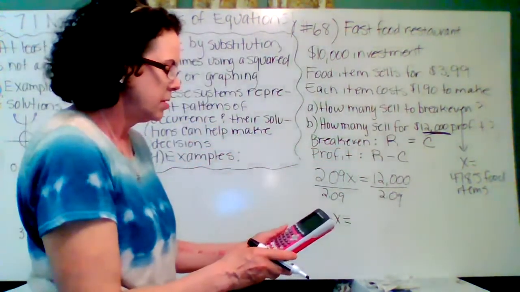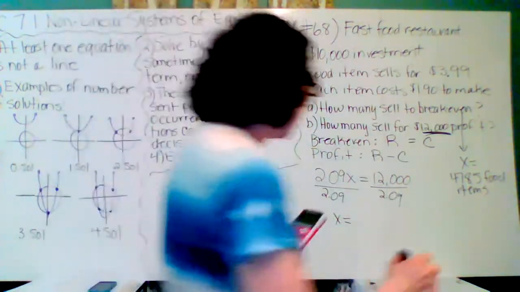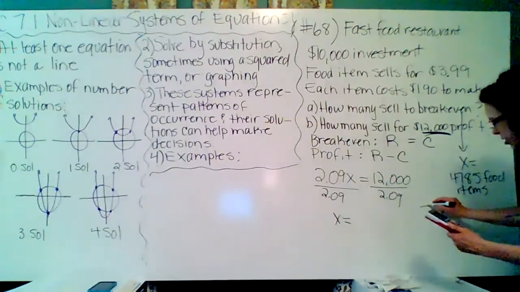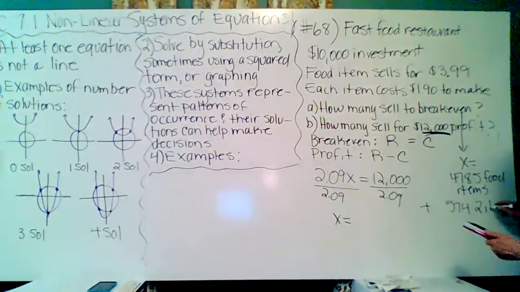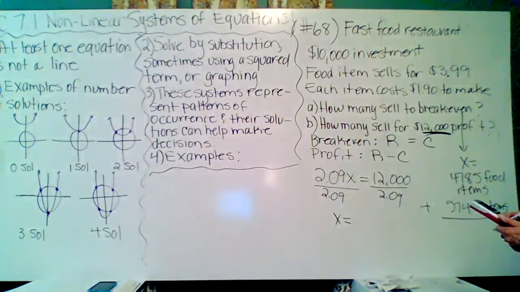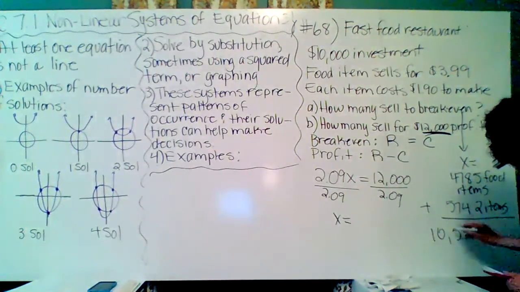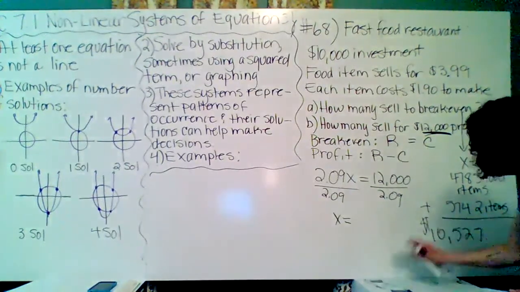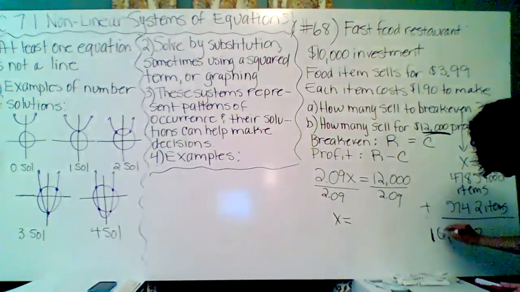So that's 12,000 divided by 2.09. We have to sell an additional 5,742 items to get that profit. So let's add that 5,742 to our 4,785. We have to be able to sell 10,527 items to make our